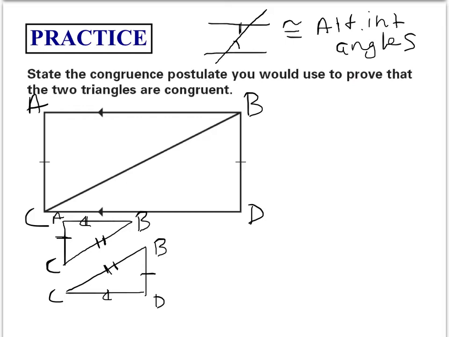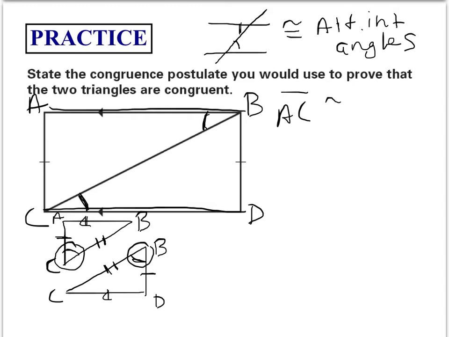So same thing here. This line is congruent to this line. Therefore, we know that this angle is congruent to that angle. So we'll mark that in our diagram over here. And that works out for us perfectly because this is an included angle to our two congruent sides. So we could say that